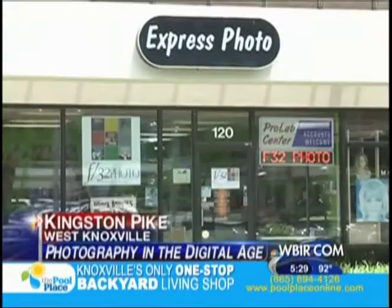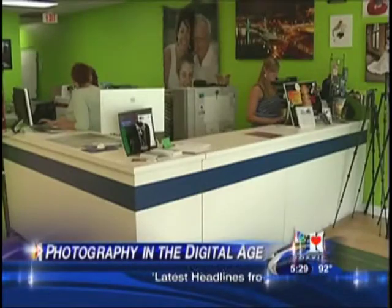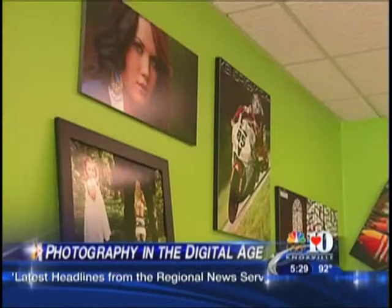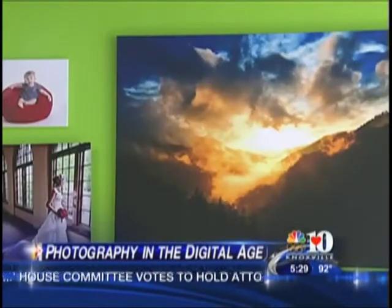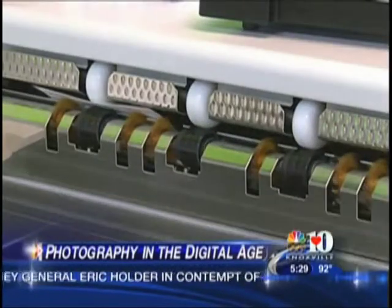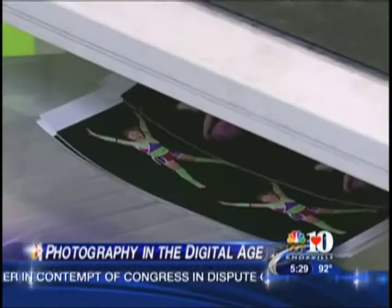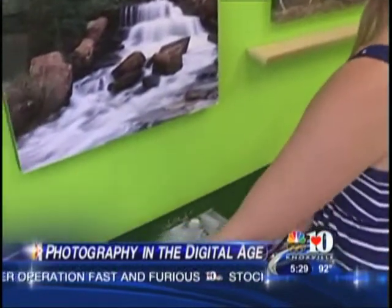ways to display them. F32 Photo has been open for about 2 years and works with both professional photographers and everyday point and shooters. They can not only print high-quality photos from most any device, they also create customized albums, canvases, or backup CDs. Employees say that the switch to digital has definitely had an impact on how people use